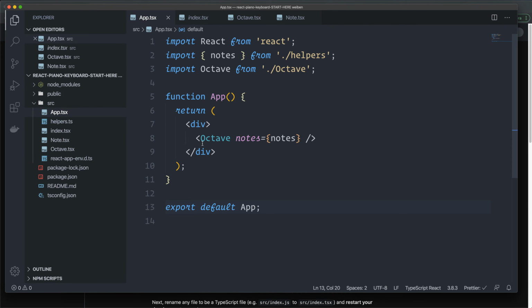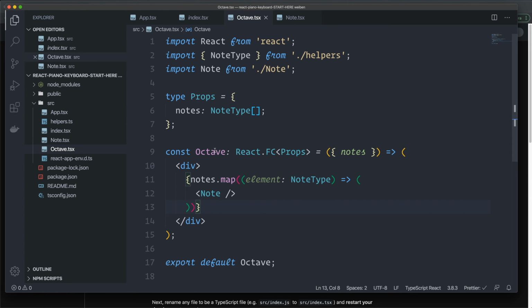Inside our app component, we're showing the Octave. It's going to have a wrapper later that we're going to create with styled components. And our Octave component is going to show all the notes. And we send in the notes as props to this Octave component. And that is